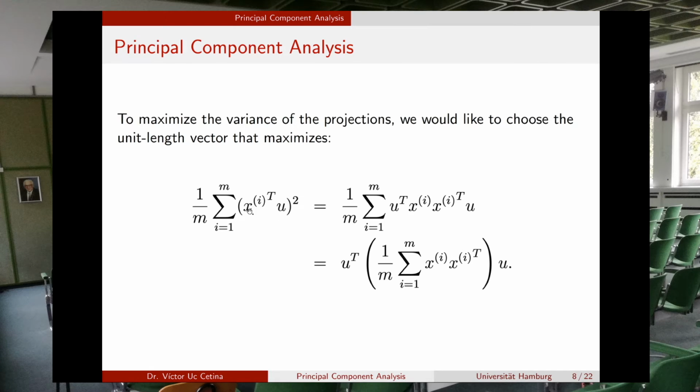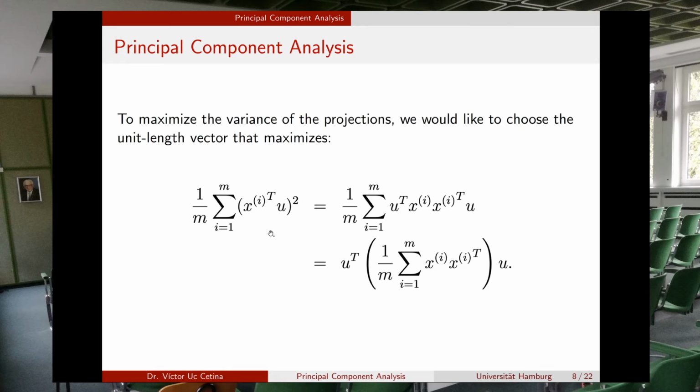So we're talking about finding a unitary length vector u in such a way that if we compute the variance for each one of our points in our data set and we sum these projections and divide by m, if we can find the vector u that makes this amount the largest one, then we have found at that moment the component of our